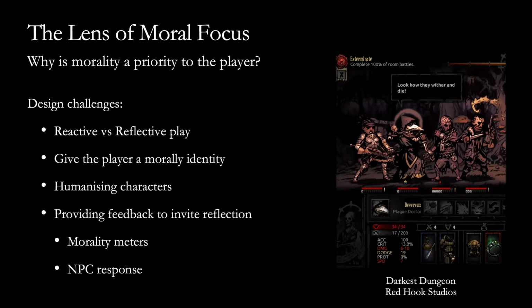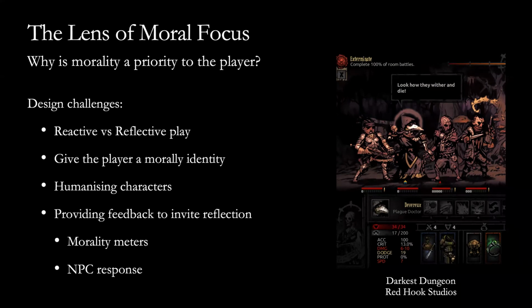And so, in the theory, we talk about the difference between reactive and reflective play. Reactive play is this kind of instrumental play where we're just regarding the game as a system to be optimized, and we have some win condition, and we're doing whatever it takes to get to the win condition in the easiest possible way. And that's a standard approach to playing most games. The alternative is reflective play. Reflective play is where we actually take into account the meaning of the activity that we're doing, and we're invited to think about the greater significance of what we're doing.